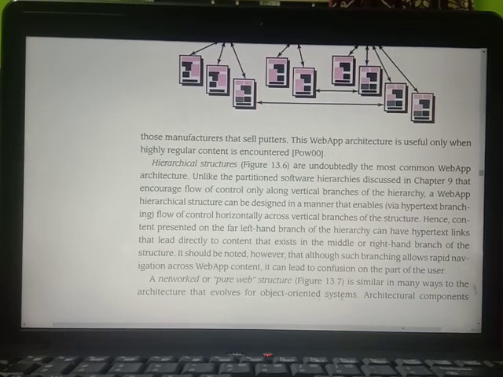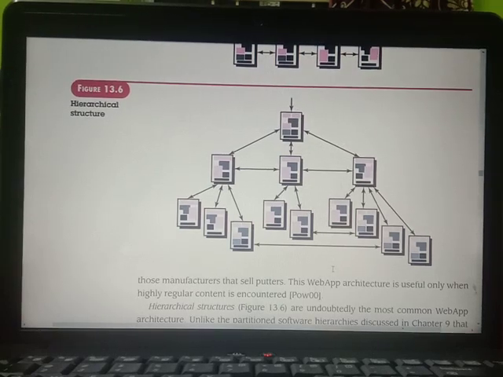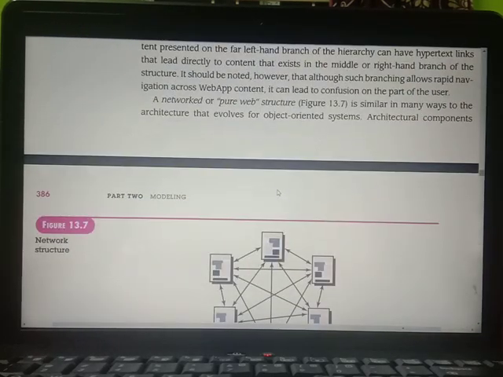It should be noted, however, although such branching allows rapid navigation across web content, it can lead to confusion on the part of the user. So, figure 13.6 gives the hierarchical structure, with web pages organized level by level from one to another, that is going to be navigated. This is the most common type of architecture that is used in web applications.